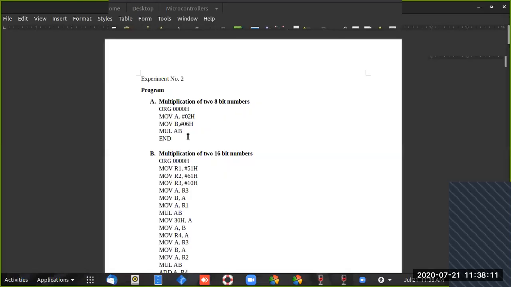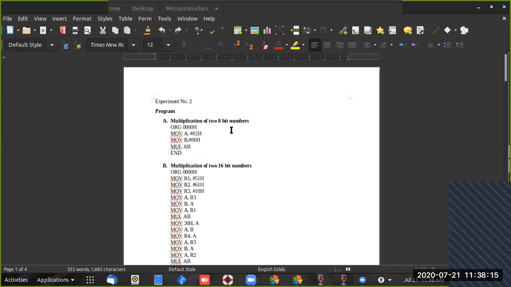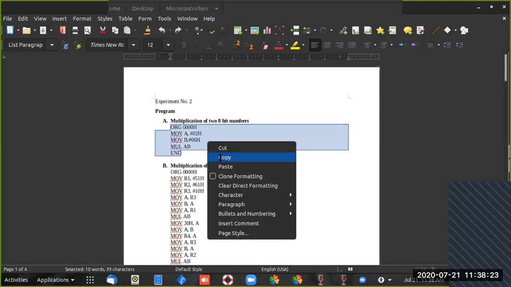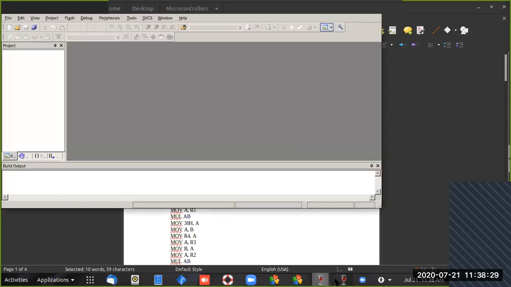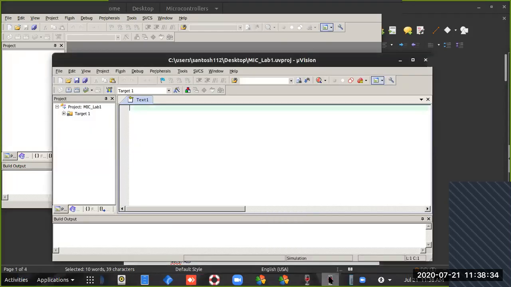So we will take the code or program for the multiplication of two 8-bit numbers. So type this in your window. Copy from it. This is our file.